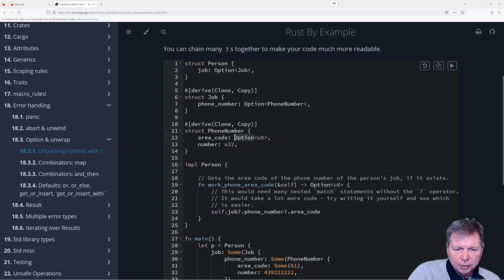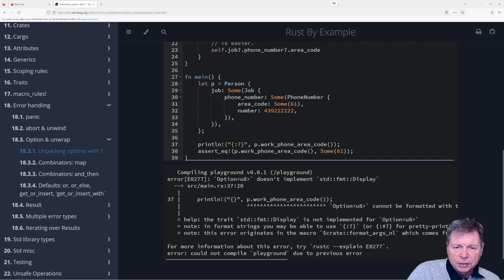Oh, here. Option U8. Oh, because we may or may not have it. Got it. Oh, okay, because everything's Option. That's why we have to say Some. Righto.